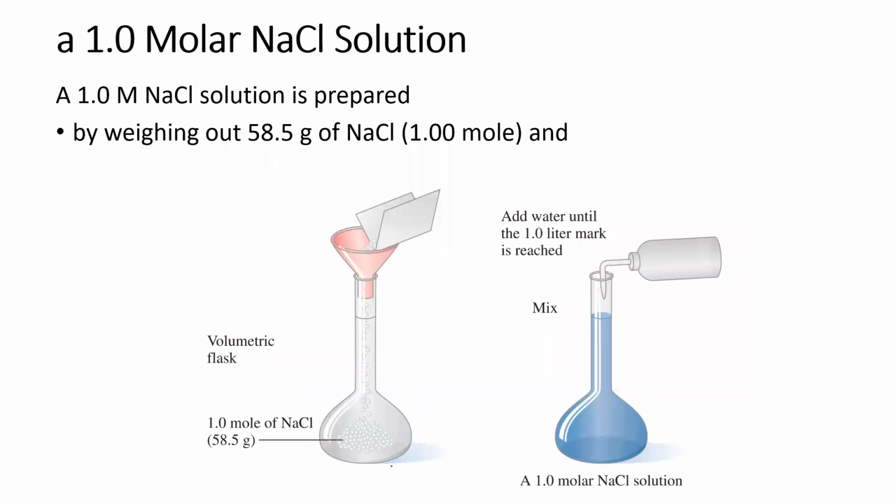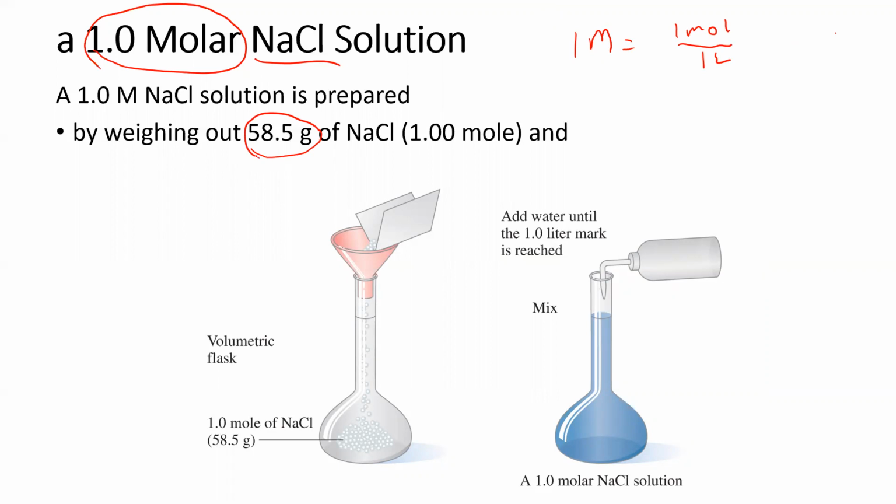So how can you make a 1 molar? A lot of times chemists get a little lazy. Instead of saying 1 molarity, they say 1 molar sodium chloride solution. Well, to get a 1 molar, another way of writing this is 1 big M. You basically need 1 mole per 1 liter. So if I want 1 mole of sodium chloride, how can I get that? It's pretty easy. I use the periodic table and I know that the molar mass for sodium chloride is 58.5